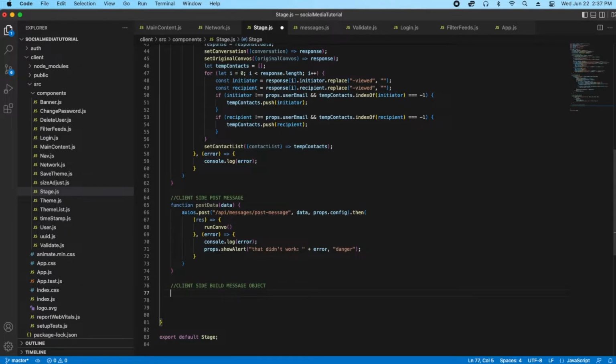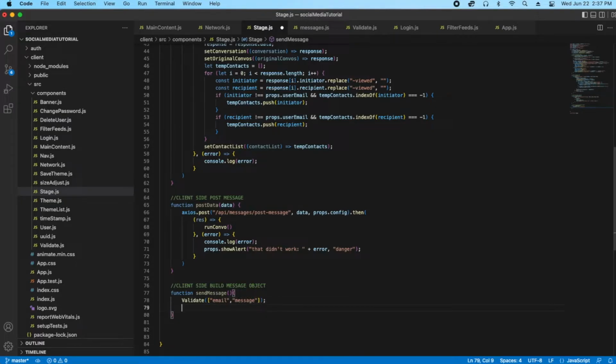And I'm just going to be building an object. Now we'll run our validate functionality